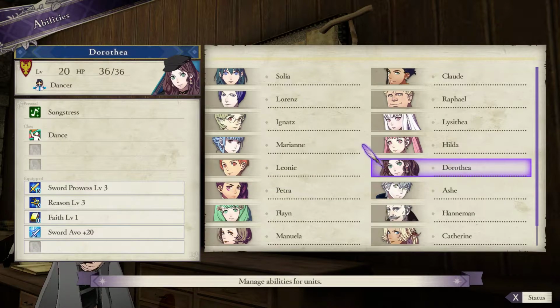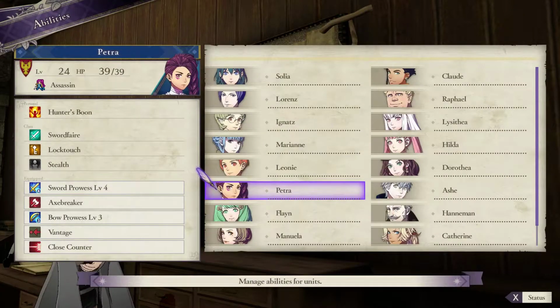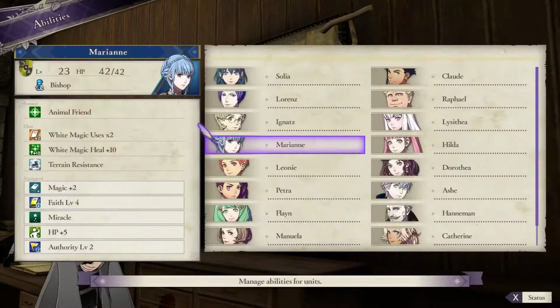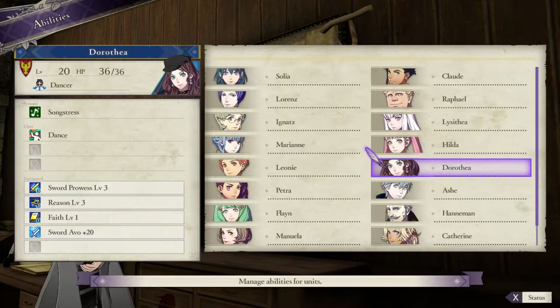The other reason I switched the March Ring on to Dorothea is because I think it's more important that both of them have a base of 6 movement. You can see she's at 7 movement because of the March Ring. Petra's at 6. 6 movement is still more than most base classes. They're at 4 movement, while Cavalry's at like 8. So Petra's still going to be able to get across the map quickly, but I feel like Dorothea needs to